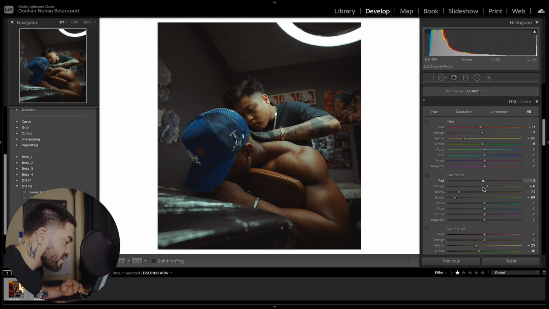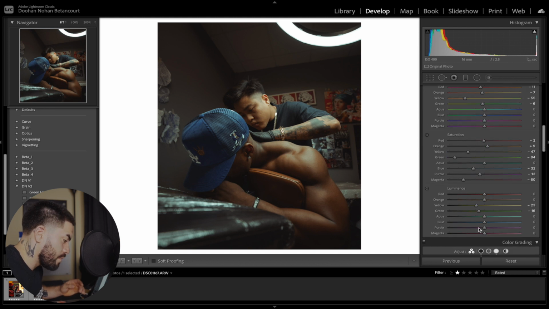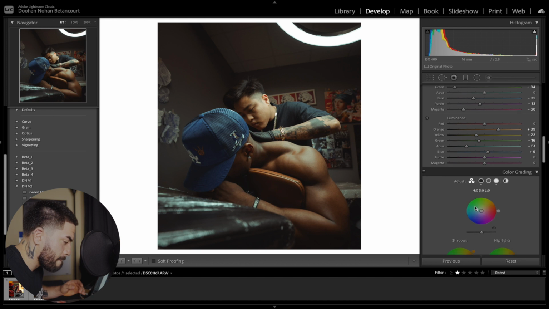Then we're just gonna mess around with the saturation, see what's good, see what's not. We want them to be saturated enough to where you can see the skin tones, but unsaturated to where you can still maintain that film type of look. So even with the hat, we don't want to make it pop out, right? We want it to where you can tell what color it is, but also to where it won't be so loud in the picture. Bring the luminance of that just up a tad. Bring up the luminance of their skin tones.